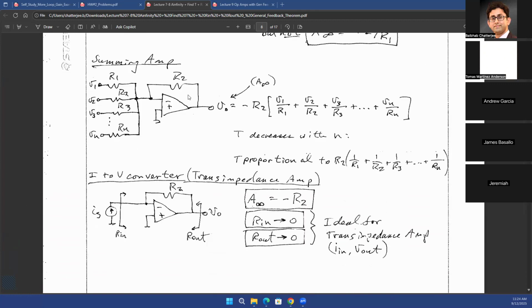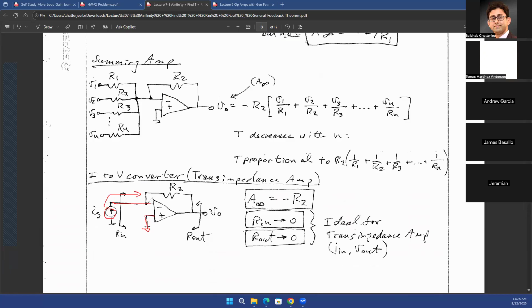So you can look at other examples similarly, such as summing amplifiers and the current to voltage converter. Maybe let's take a look at this one, a current to voltage converter. How does this work? The way we have represented it is that you have a current source at the input side, connected directly to the inverting terminal of the op-amp. The non-inverting terminal is connected to the AC ground, and you have negative feedback from the output to the inverting terminal of the op-amp. So whatever current is flowing in,